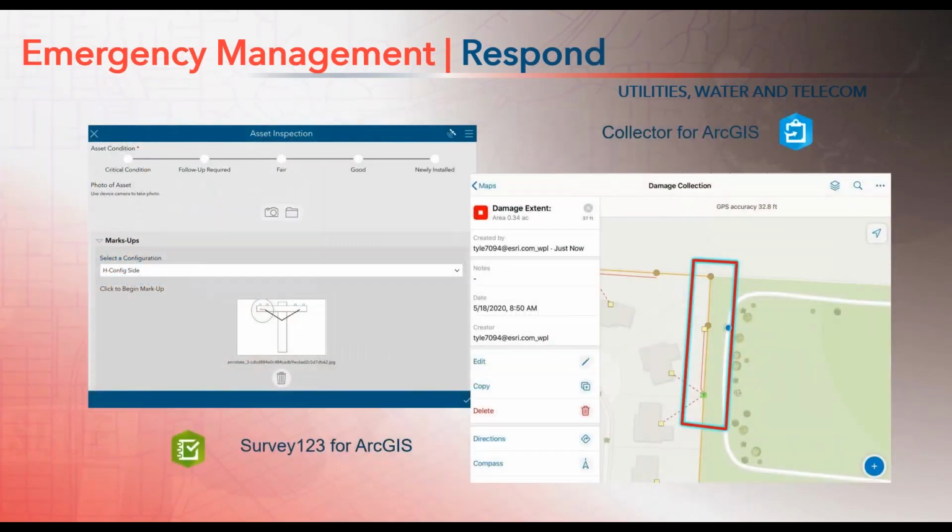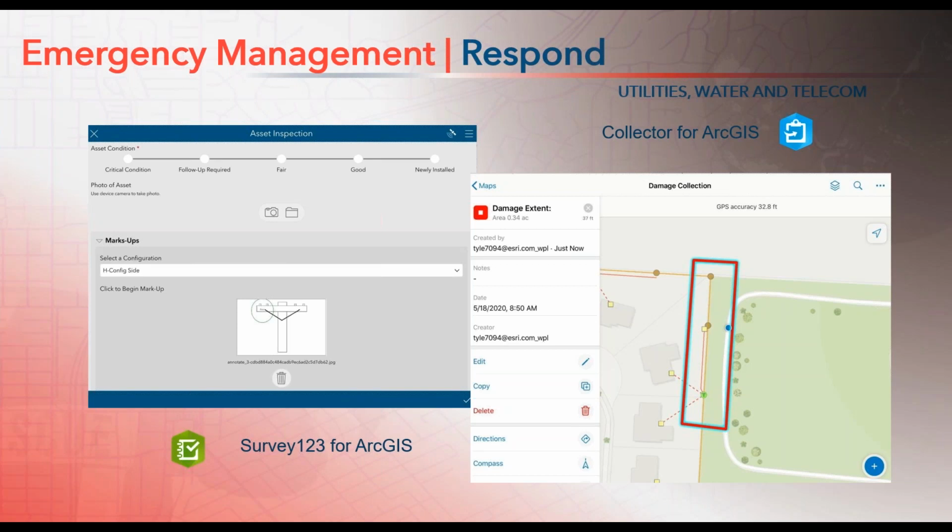We were interested in rapid damage assessment, but we didn't want to linger to get more information. But if we need more detail, we can use two mobile apps from Esri, Survey123 for ArcGIS and Collector for ArcGIS. These are easy to use as well. Survey123 provides form-based data collection, and Collector provides additional accurate positional and capture capability.